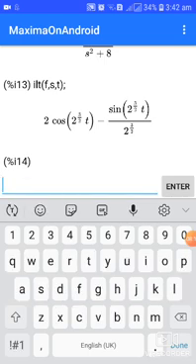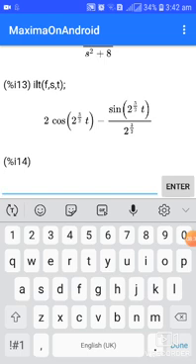Next we will see the next lab, how to plot the periodic functions. Here we will see the function f of x equal to sin x within the interval minus 2 pi to 2 pi. What is the command for that? If we are using wxMaxima, we have to use the command wxplot2d.